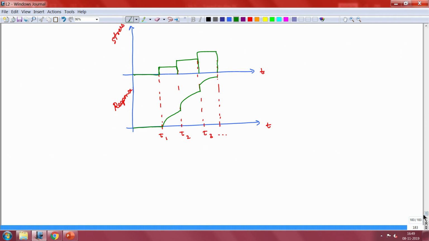If you have to put this into an equation format, if you have a loading program like this, what the Boltzmann superposition principle is saying is that the total strain or the response is now going to be my individual responses summed. So, let us say earlier you had delta sigma as the stress here, that is multiplied by J(t minus tau 1). Okay. This is your creep compliance, which is shifted now, so that the origin is at tau 1, and similarly you are going to add the other cases.